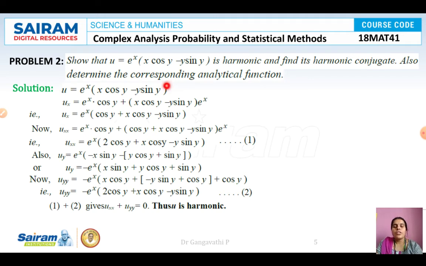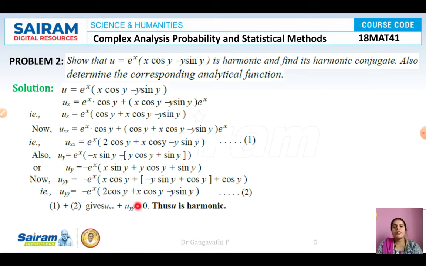Now consider here given u again, differentiate with respect to y twice. So when we do differentiation with respect to y, x acts as a constant, do remember it, e power x, and differentiation of second function, and for first function as it is, a differentiation of the second, and keep the second as it is and differentiate the first. So with y, we get it as minus e power x, x sin y plus y cos y plus sin y. Now again differentiate the same with respect to y, and this is the result we get. And on simplifying, we get uyy as minus e power x 2 cos y plus x cos y minus y sin y. Call the equation as 2.